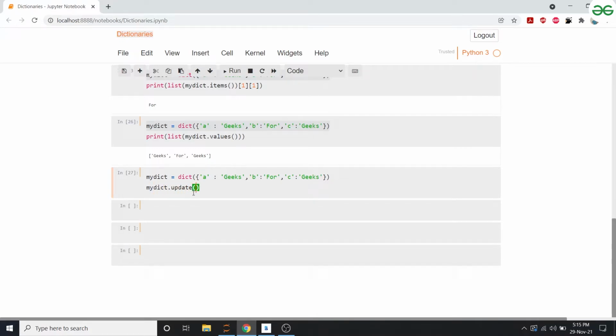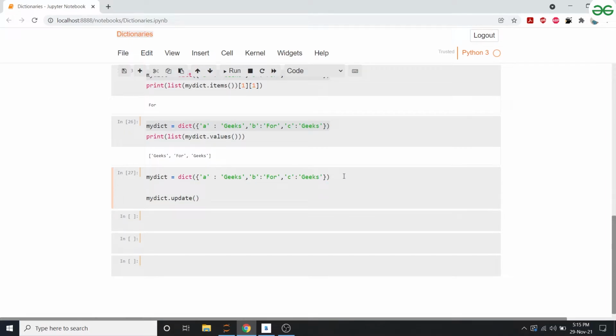Now what does the update function take as a parameter? Update function takes another dictionary as a parameter. So I'll define another dictionary, change, with the new a, which is mapped to Amsterdam. And in the update function I'll pass the change dictionary.